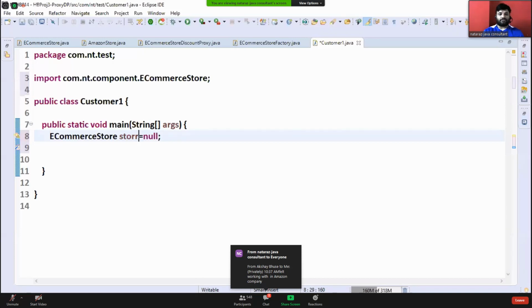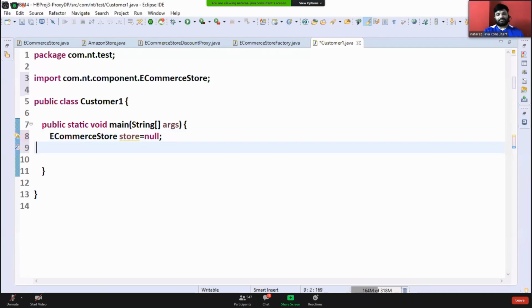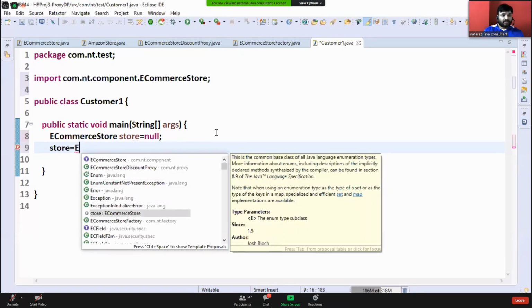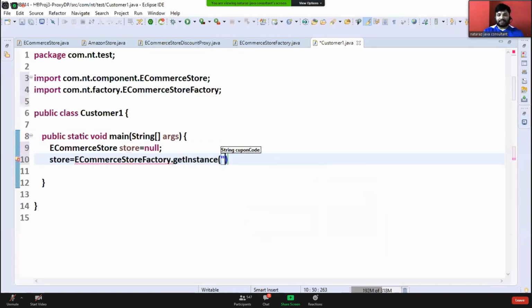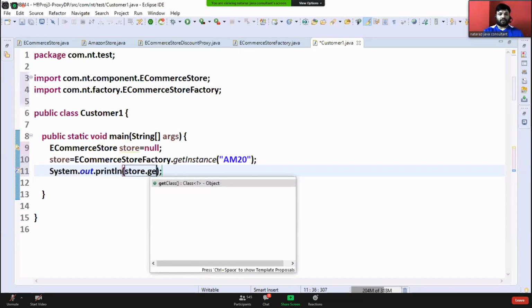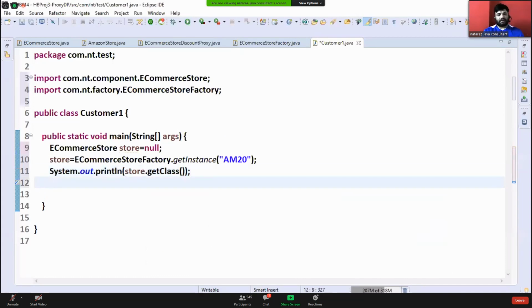E-commerce store is equal to, because we don't know what object comes, right? Store is equal to e-commerce store factory dot get instance of AM20. So this time you will get proxy object only. You know that. Okay, sysout store dot get class. Now tell me here. Sysout